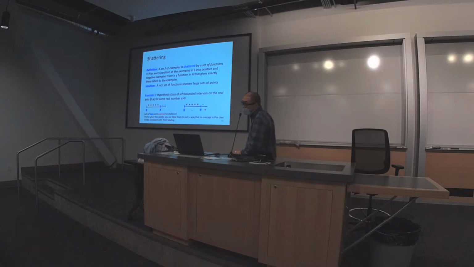We can do a little bit of analysis. If we put A to the left of the left point, both points will be labeled as positive. If we put A to the right of the right point, both points are predicted as positive. If you put it in between, you're going to predict the negative point as positive and the positive point as negative. So now you can see how weak these left bounded intervals are. Although they are infinite hypothesis spaces, they can only shatter 1 point. They cannot shatter 2 points.